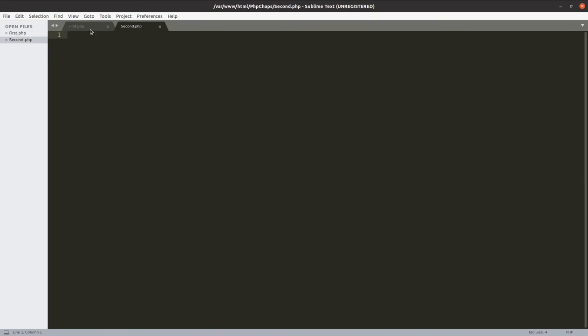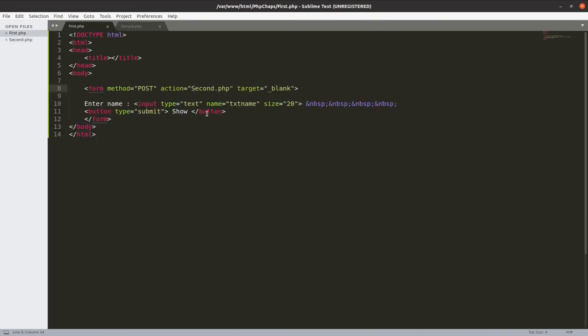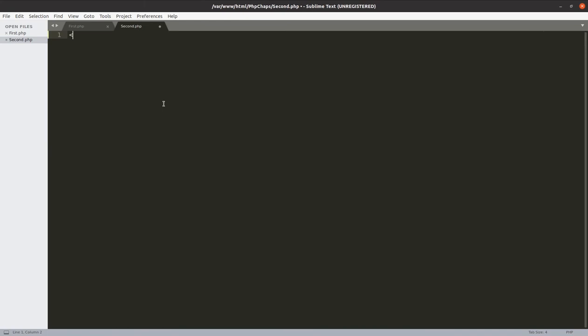Now what we want is that whatever we have written in the text field named txtname should be visible on the second page. So open the PHP code. Here we go. Whatever value the form consists of, we can access by using the post function. Let's say I'm going to save that value in variable x. So I can say variable x equal to